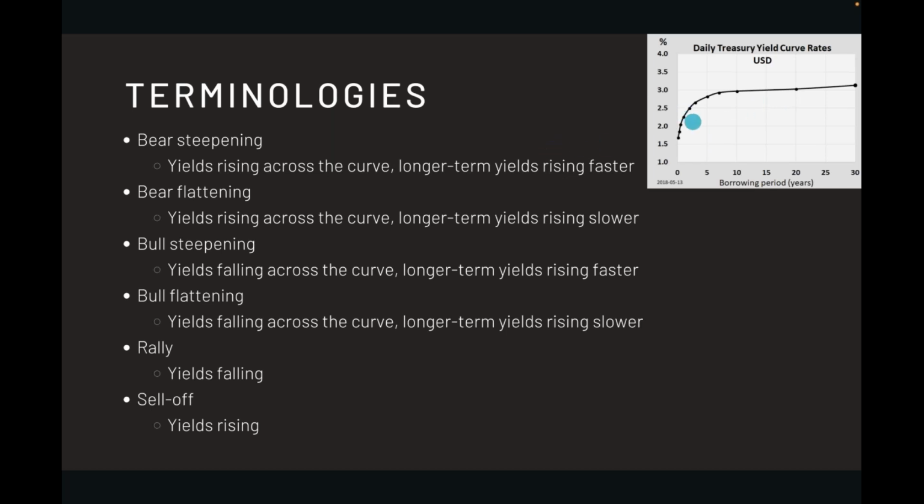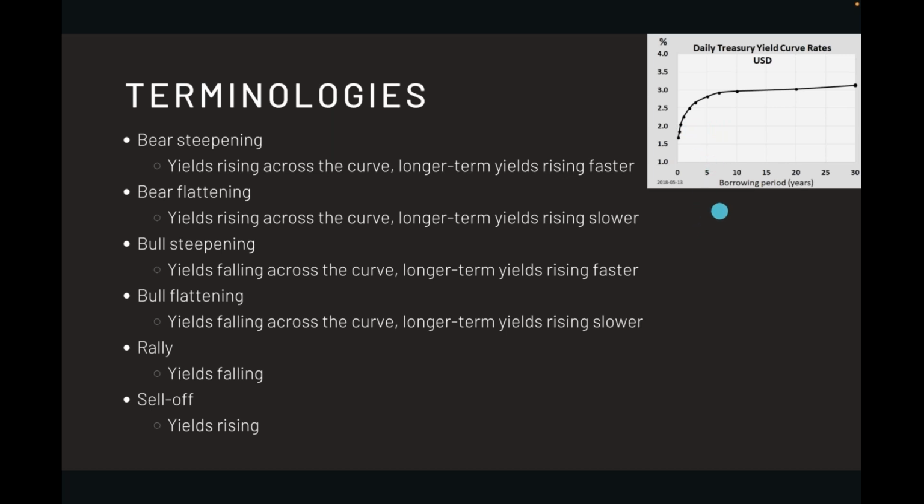So when we say bear anything, it means the yields across the curve are going up, and the steepening means the far end of the yield curve is rising faster than the near end. So you can see this curve being a bit steeper in the far end. And bear flattening just means the yields going up, but actually the front end is rising faster. Bull steepening means yields going down, but the same change in shape. And bull flattening means yields going down, but the longer-term yields are actually rising slower or falling